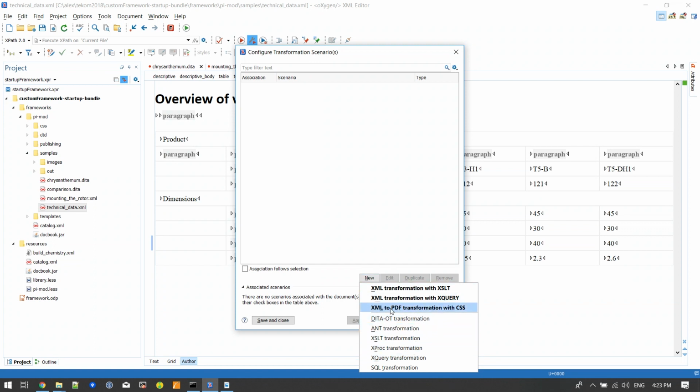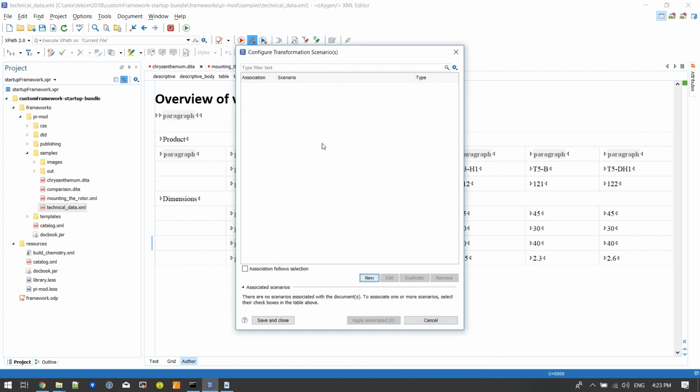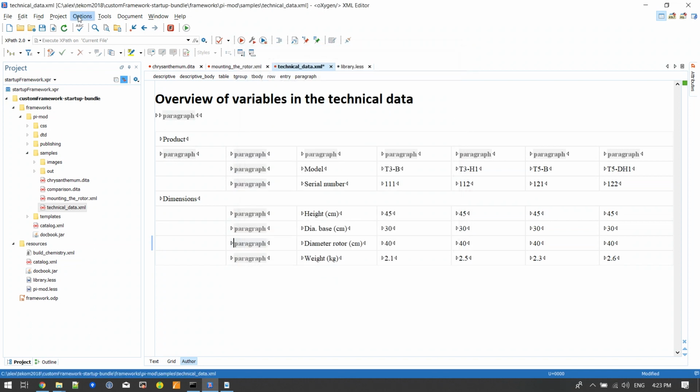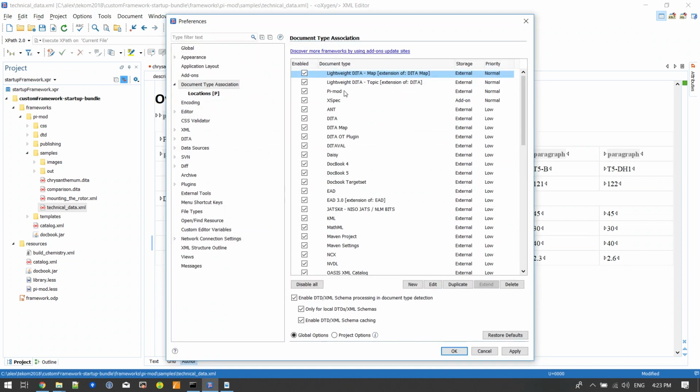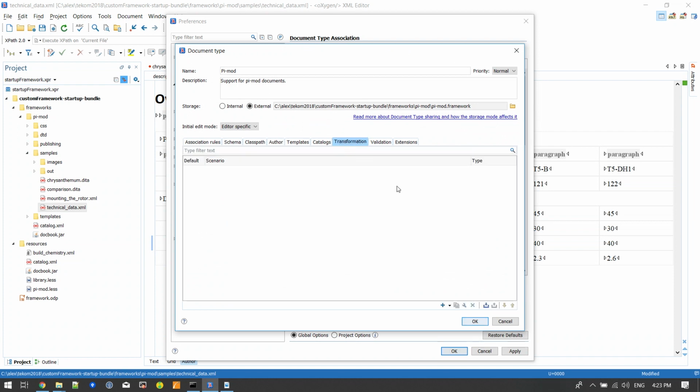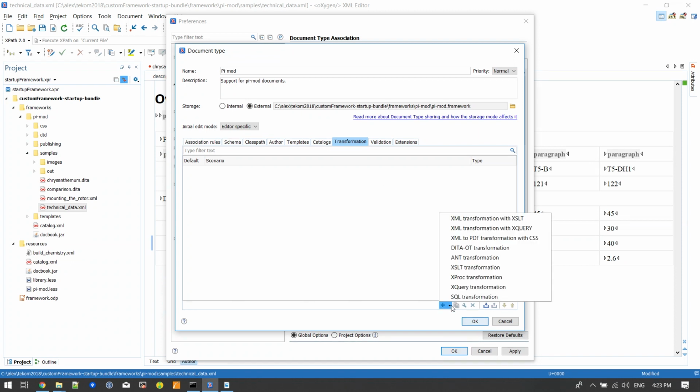But what we want is this XML to PDF transformation with CSS. This is what we need. But we won't create this transformation scenario from here. We will do it from the framework, because we want this transformation scenario to be bundled with the framework and shipped to all of our users. So we'll do it from here,